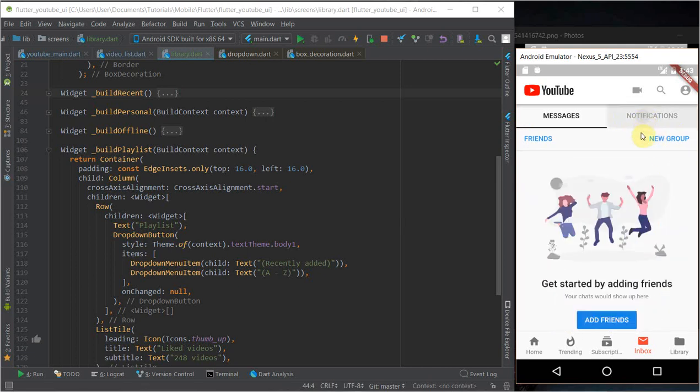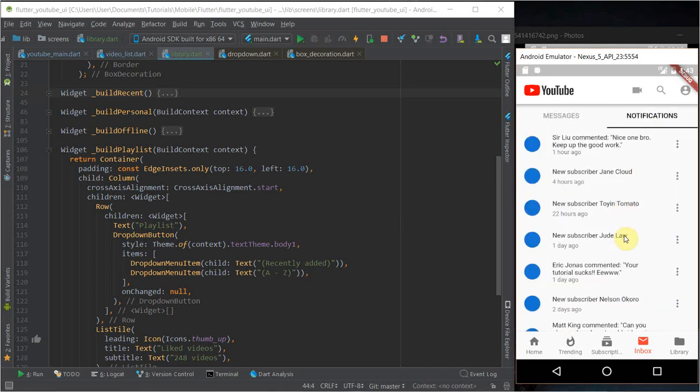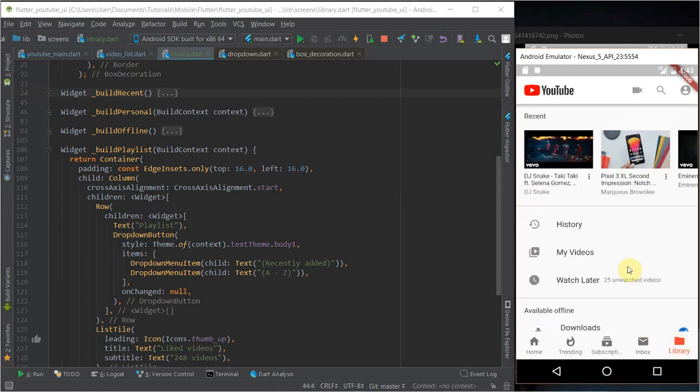So throughout this series, the whole idea was just to get you guys comfortable with building different types of layouts in Flutter. So I hope you've learned a lot from this tutorial, and I will see you in the next